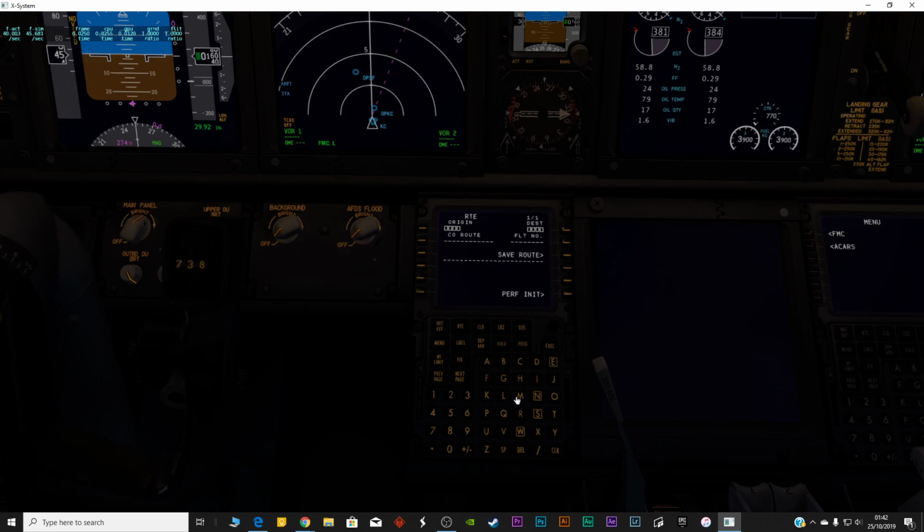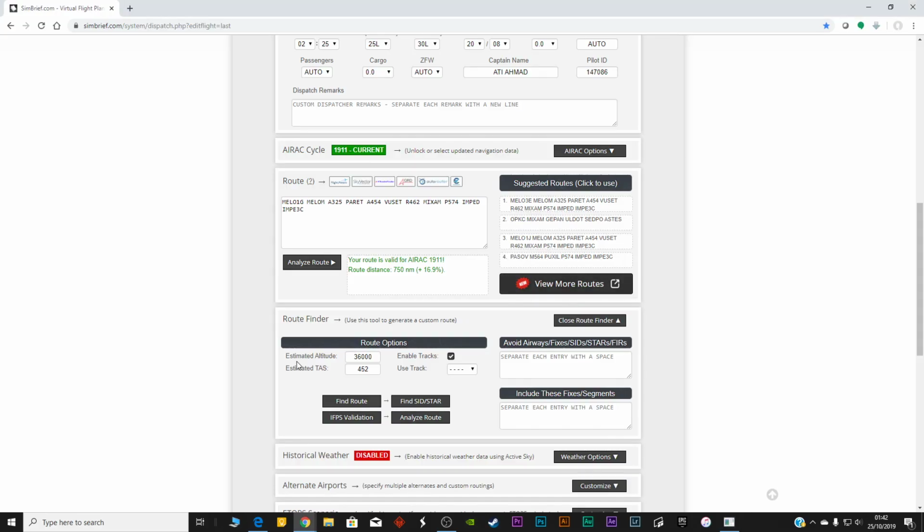Great. Okay. So we have O, P, K, C. You have to enter manually like this, and then OMDB, that's the arrival airport, OMDB. Runway is 25 left. Here you go. Next. Now next we have to select